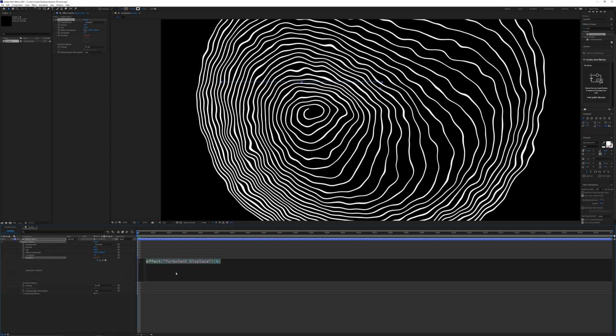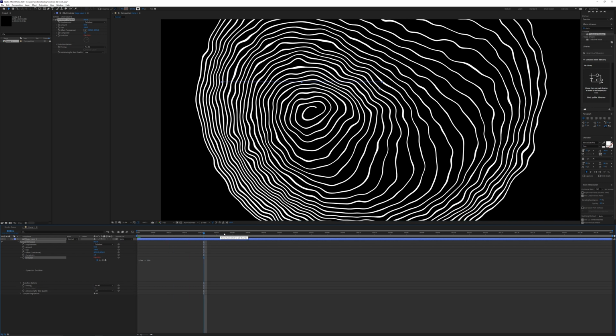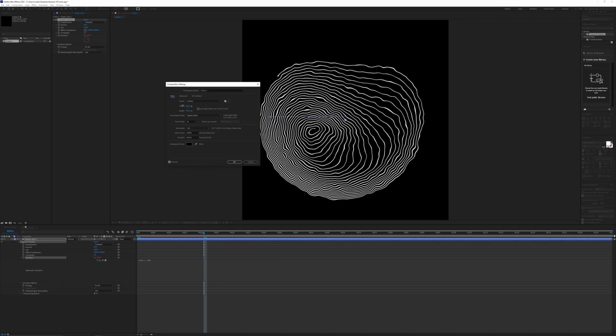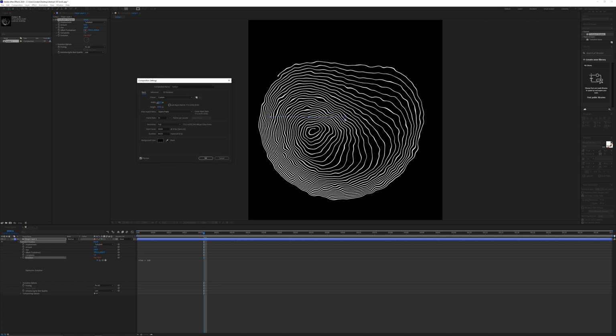And for this, I'm just going to zoom in here so we can see this a little bit more clearly. I'm just going to type in time times 100. And if we go forward just a little bit, you can see how it's kind of undulating a little bit. All right, so at this point, we can go back to composition settings and we can trim what we don't need off the comp. And honestly, we can trim quite a lot of this.